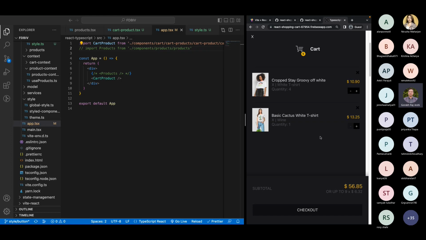You can do that. Or one can say that this checkout is a different thing, so let me create another component for that. Then you can create another component as well. You are not limited here. You can create as many components as you want, but it should actually have something related. For example, you don't want to create a component for image, title, price, right? This is all related to the product itself, and this is not that much